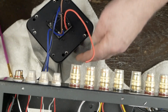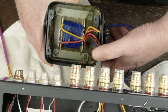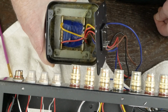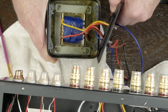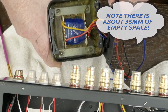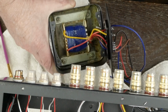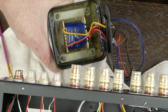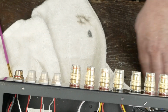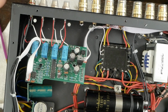output transformer undone. If you hadn't seen, let me show you what the inside of this looks like. And there's what the inside of the output transformer can looks like. It's got a huge chunk of epoxy, and this one actually, the epoxy split right there. It looks like it's got maybe a bunch of gravel thrown in there with it, kind of as filler. I don't know, these are junk. These are going in the trash can. So let me flip the amp over and we'll start showing you how to modify the top side to mount